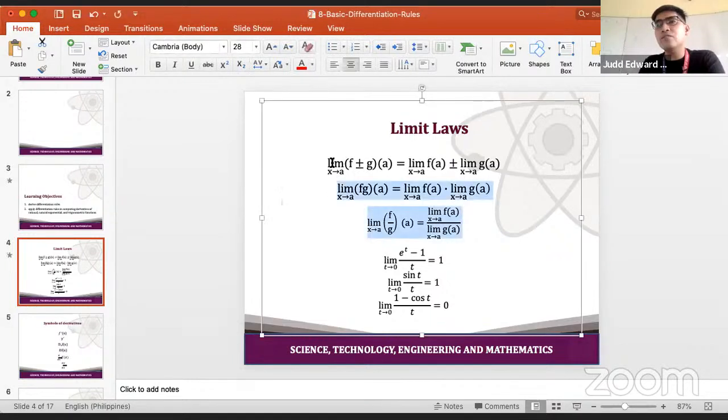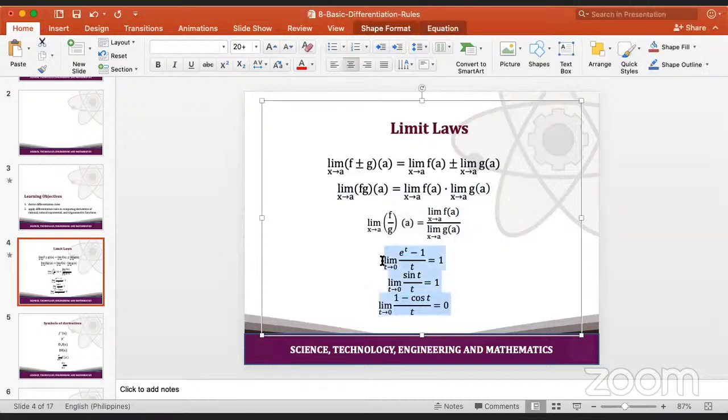It is just like yung substitution law na meron tayo sa diniscuss natin last time when we had our discussion about limits. So same lang po siya. So inulit lang dito para ipakita sa inyo kung ano yung mga meron tayo. So we have sum and difference, we have product, we have quotient rule. At eto mga nasa baba po na to,